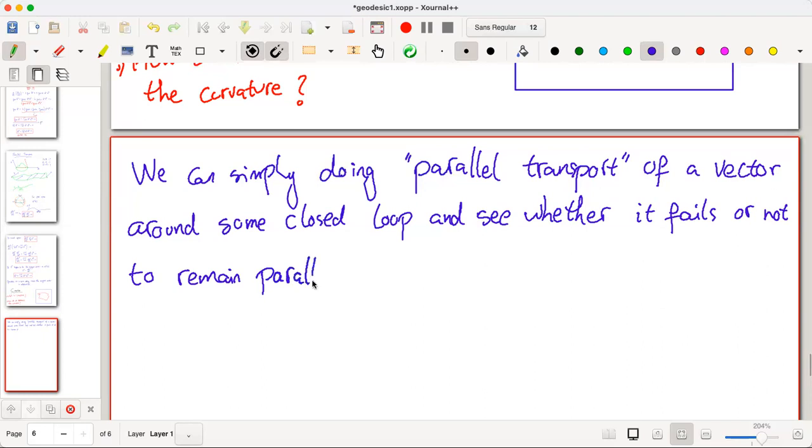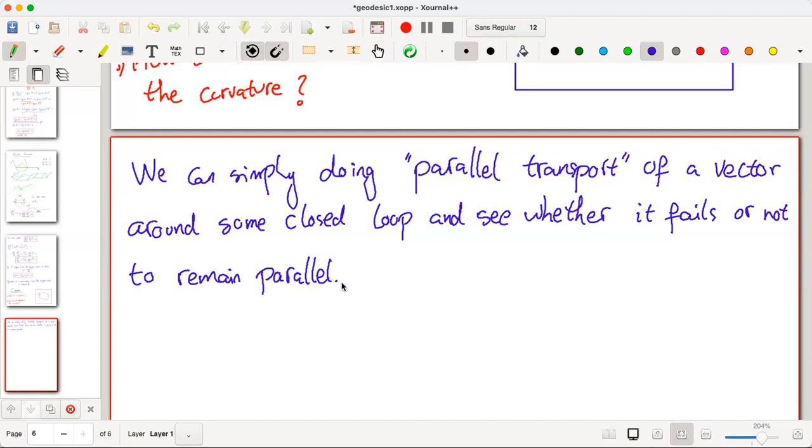If it doesn't fail, you cannot simply conclude that your manifold is flat. No, because you have to prove that for all contours that you draw, for all closed loops that you draw, the vector keeps parallel. So in that sense, proving the manifold is flat is much harder than proving the manifold